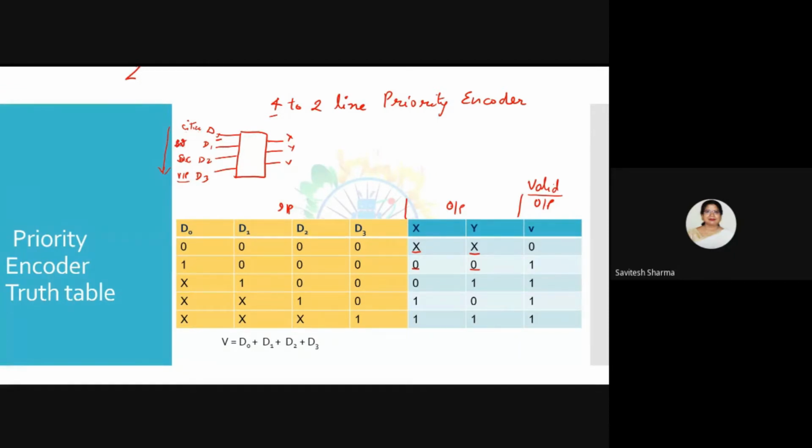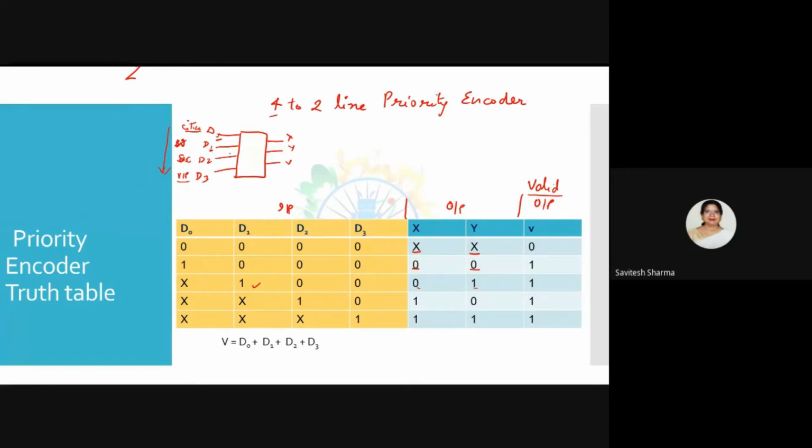Now see, suppose in a queue a citizen is also there, and a woman is also there. If a woman is there, the citizen may be there or may not be there, so 2 cases are there. Both cases I am considering as don't care, and the rest 2 are not there. So I will generate a code. You see D1, so the subscript is 1. I am generating 0 1. So just to remember what code will be generated, you see the subscript.